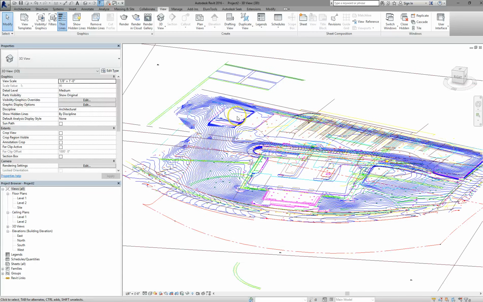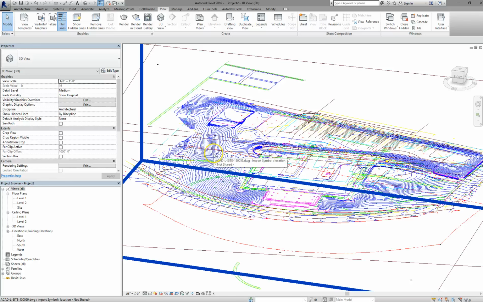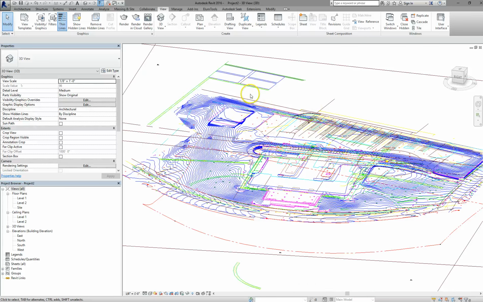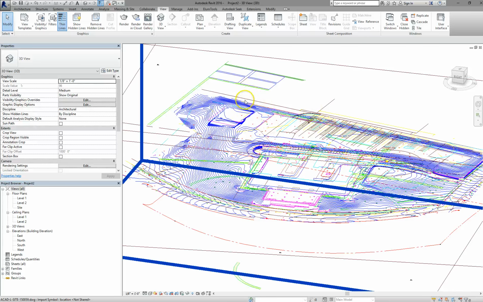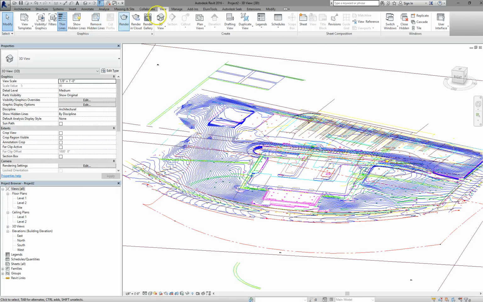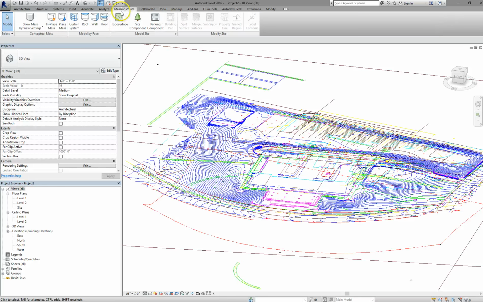This is just going to mean a couple steps for us, and we'll be done with the shape of the site, or at least the existing shape of the site. So now to make your topography, what we're going to do is go up to Massing and Site, click on Topo Surface,